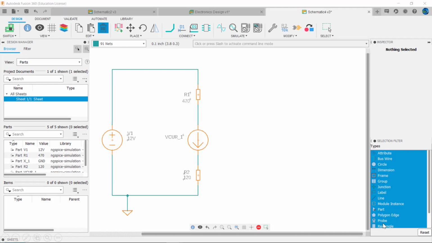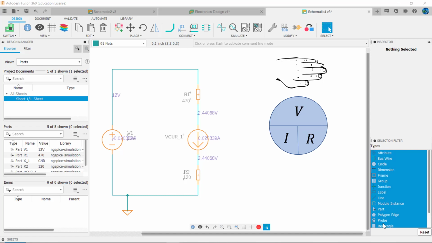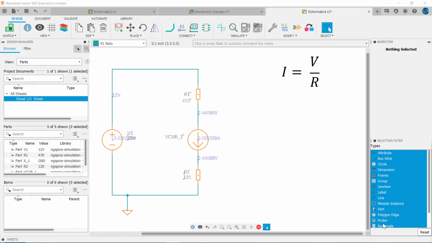Here's another circuit. A 470 ohm resistor connected in series with a 120 ohm resistor. When we click on the simulate icon, we'll see the node voltages and the current measured by the ammeter of 0.020339 amps. Let's apply Ohm's law and check this current. Recall, I equals V over R. So, I equals V over R, which equals